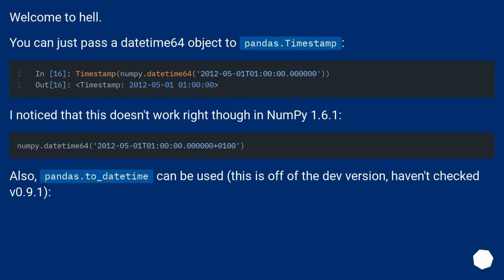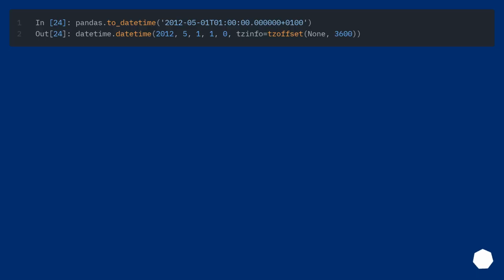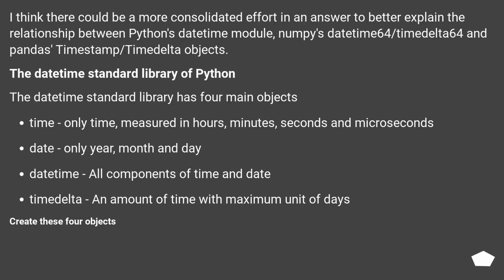I noticed that this doesn't work right though in numpy 1.6.1. Also, pandas.to_datetime can be used. This is off of the dev version, haven't checked v0.9.1. I think there could be a more consolidated effort and an answer to better explain the relationship between Python's datetime